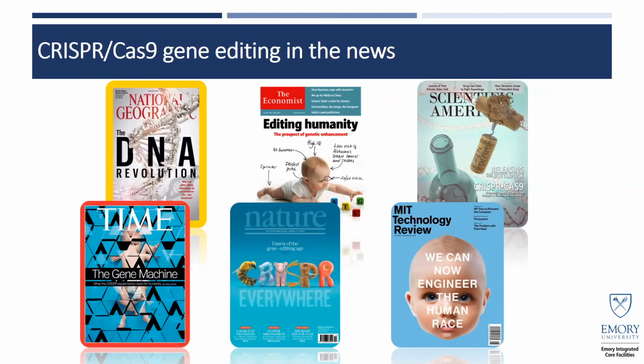Certainly nuclease-mediated gene editing has been around for the last 12 or so years, at least in animals and in cell lines, first with the use of zinc finger nucleases, then with TALENs, and now with CRISPR-Cas9. All those techniques work well for gene editing, just that CRISPR-Cas9 is so much cheaper and easier to manufacture. It really makes gene editing accessible to the masses,